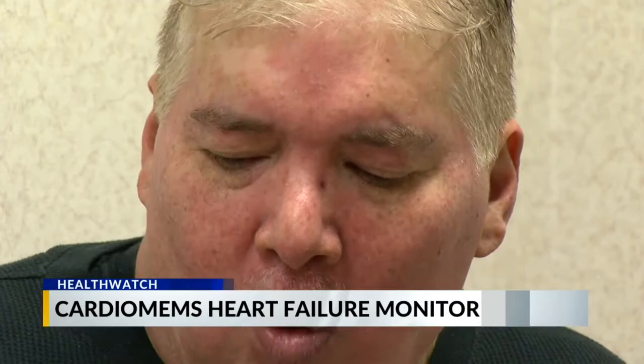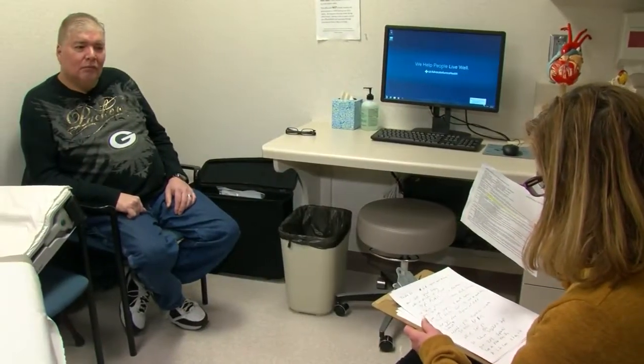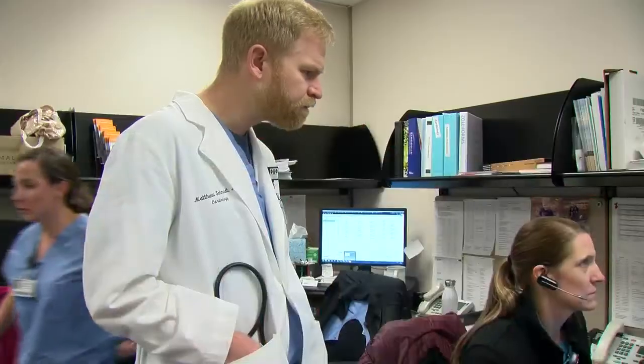In early 2019, Jauhn was diagnosed with congestive heart failure and was put on water pills and other medicines to control it. But they weren't working, and the excess fluid was making him ill. I just feel icky. I can't do anything. If I go to the grocery store, that wipes me out for the day. I had no hope. So Jauhn went to Aurora BayCare Medical Center's Comprehensive Heart Failure Clinic, which takes a team